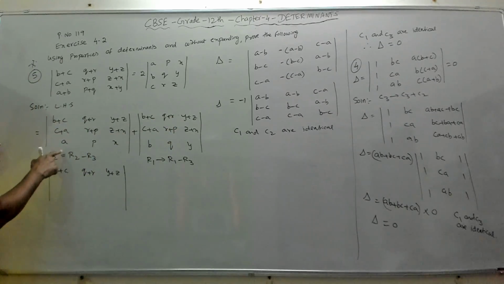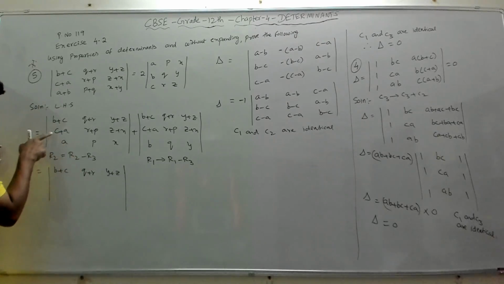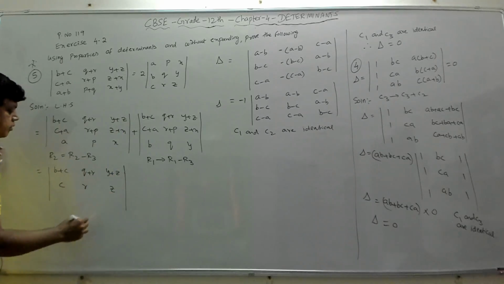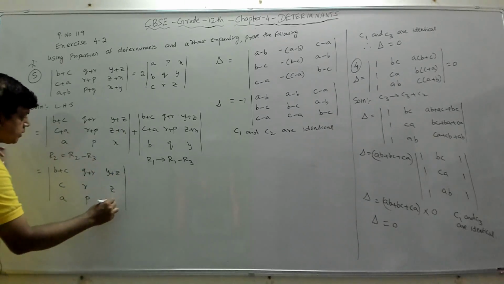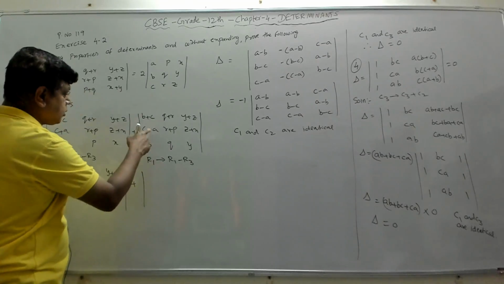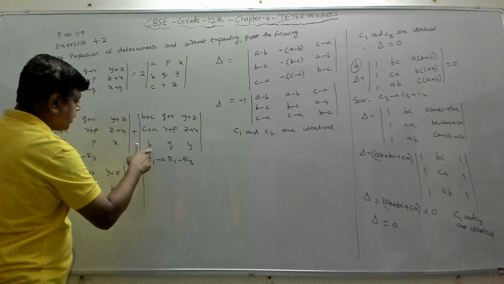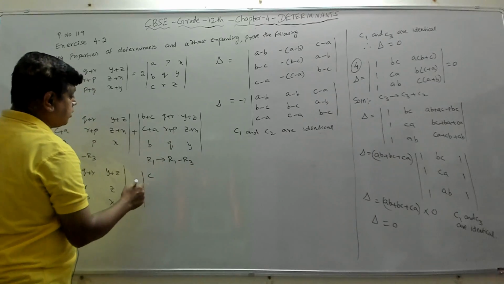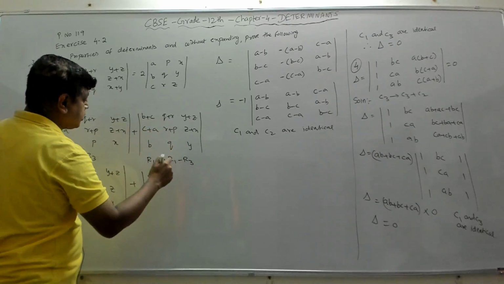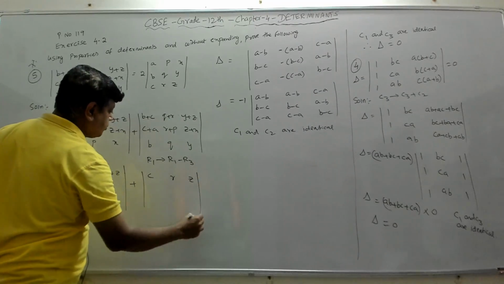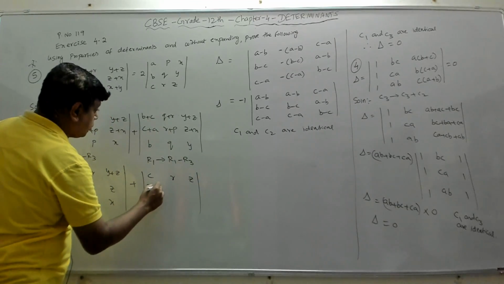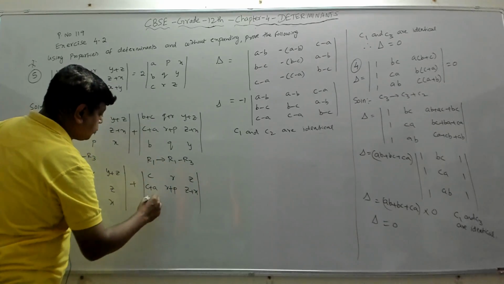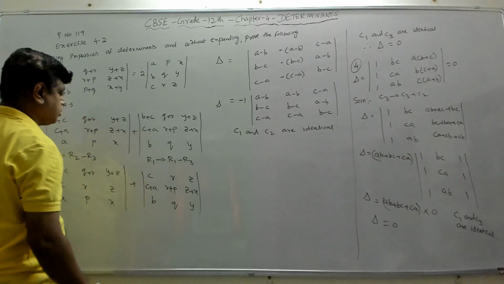So this will become: your R2 will become C plus A minus A, which is C. R plus P minus P is R. Z plus X minus X is Z. So the third row has no change, A, P, X, plus, so here we are going to apply this one. R1 is R1 minus R3, B plus C minus B is C, right? Then Q plus R minus Q is R, this is Z. Then no change to your row 2. This one becomes B, Q, and no change to R3 also.